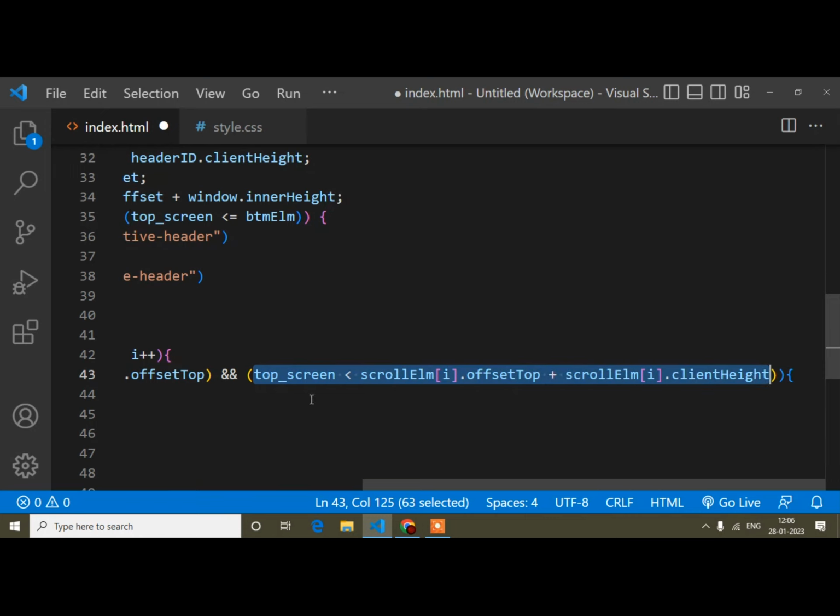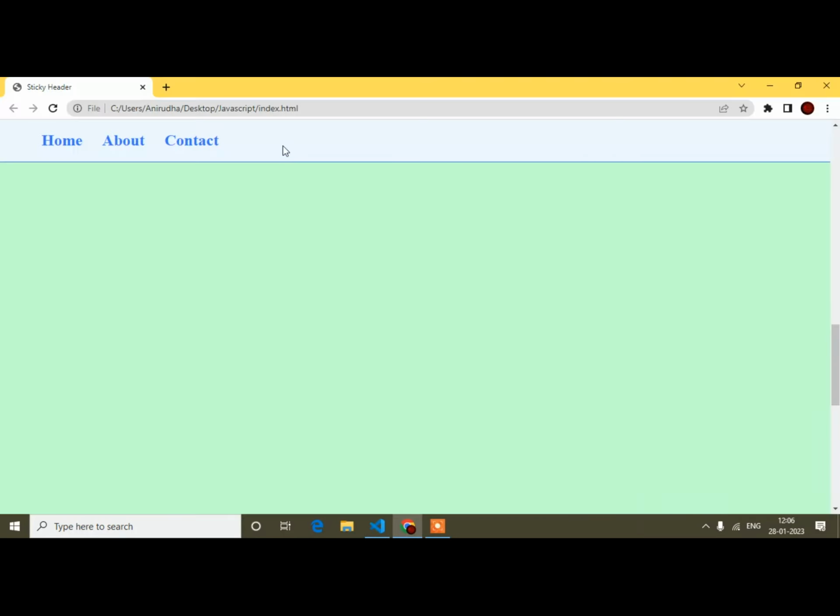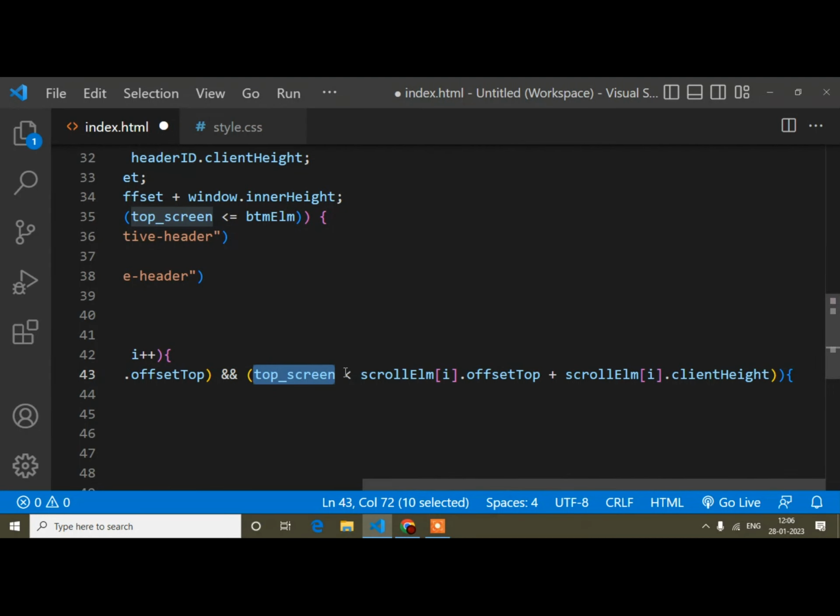Just see the condition and I will go to the preview and explain. Top screen means our window. Just notice my mouse cursor, this is the top position of our window. It will be less than our bottom position. By this calculation I am getting the bottom position of our section.